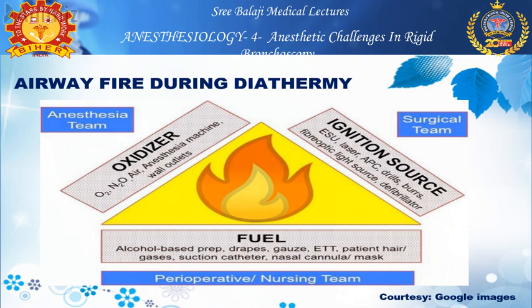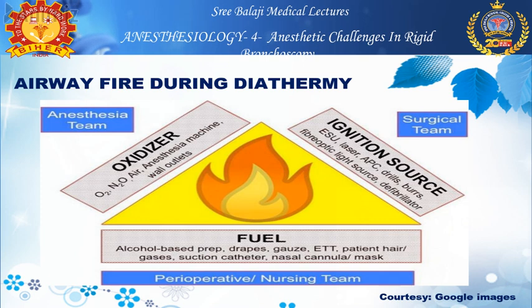And the third one is the oxidizer or the catalyst, which will enhance the fire that is caused by the ignition source. And most of the oxidizers or the catalysts are the anesthetic gases which we use, namely oxygen, nitrous oxide. So whenever we are planning to do a diathermy or when we are planning to use a laser to burn an area or to resect a tumor, the surgeon should inform the anesthetic team and the nursing team before